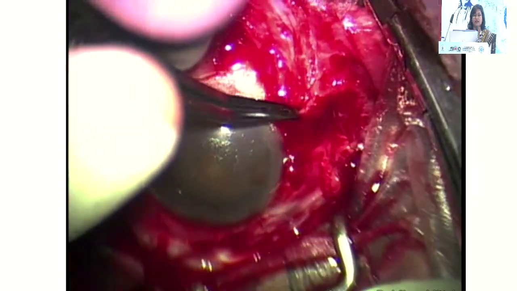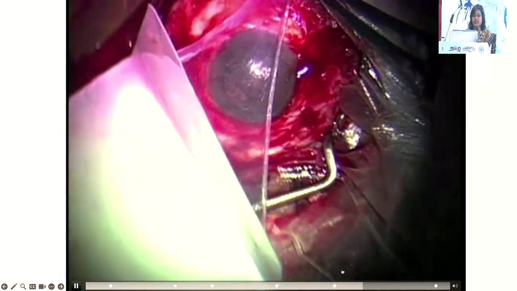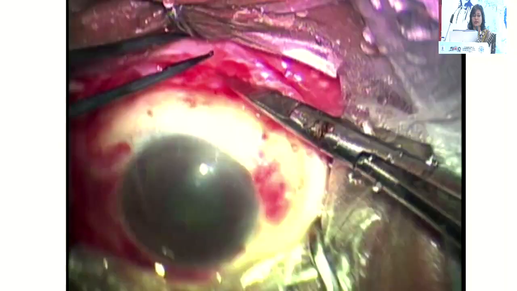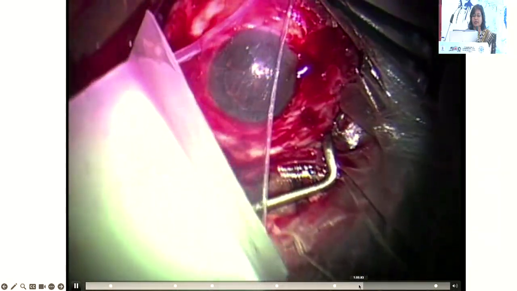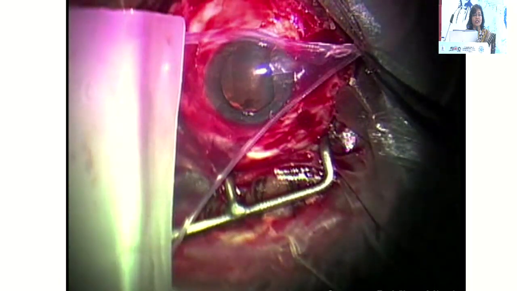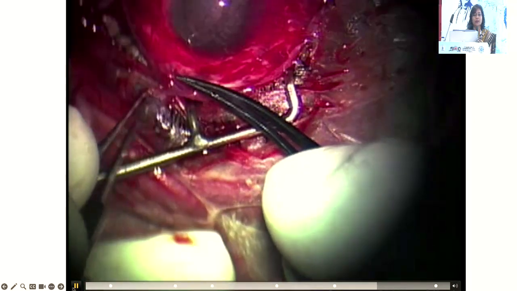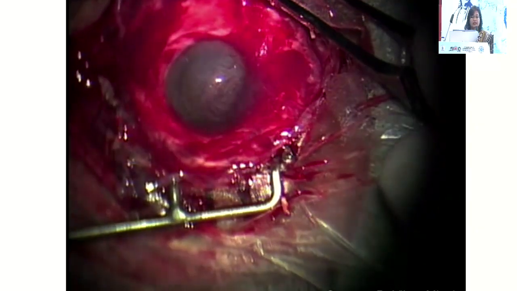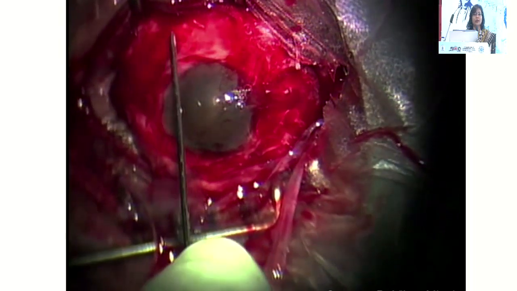brought up the Tenon, as in advancement of the Tenon is done, and then we place the wet amniotic membrane over here over the entire surface with the epithelial side up. So as we saw here, the epithelium over here is basically up and the stroma is down, and then we have folded it up on one side and placed glue underneath it. The fibrin glue, the thick and the thin components are placed underneath it, and then the amniotic membrane is stuck